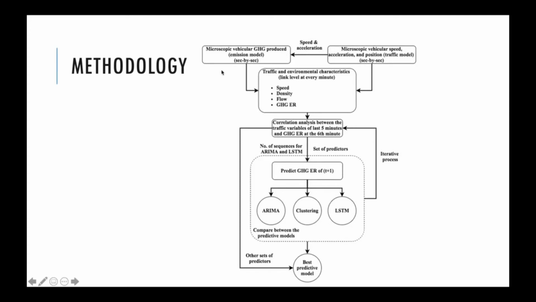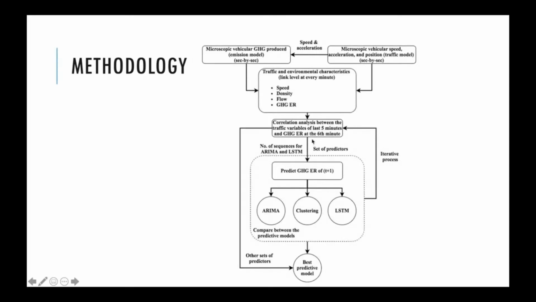I'll share with you later. So after we defined the link level at every minute, we conducted a correlation analysis between the traffic variables at the last 5 minutes and greenhouse gas emission rate at the 6th minute. This correlation analysis was our guide to define the optimal set of predictors and the best